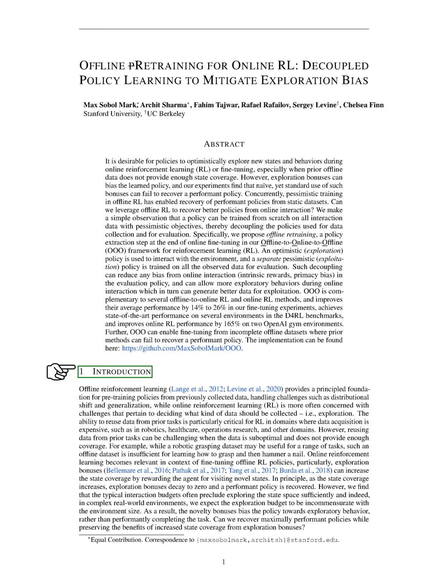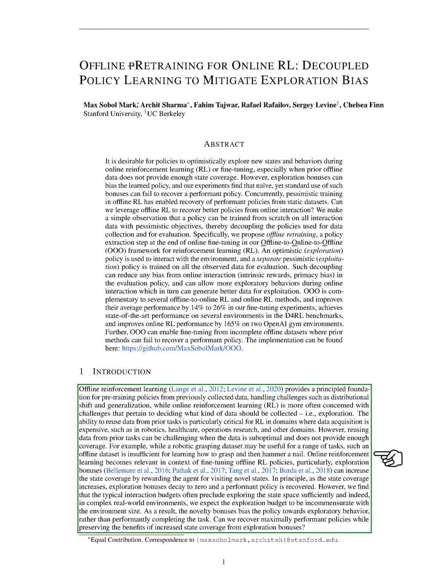Section 1 Introduction. We're going to delve into the world of reinforcement learning, RL, specifically offline and online RL. Offline RL is a method that uses previously collected data to train policies, which is particularly useful in areas where data collection is costly, like robotics or healthcare. However, it can be challenging when the data is suboptimal and doesn't cover enough ground.